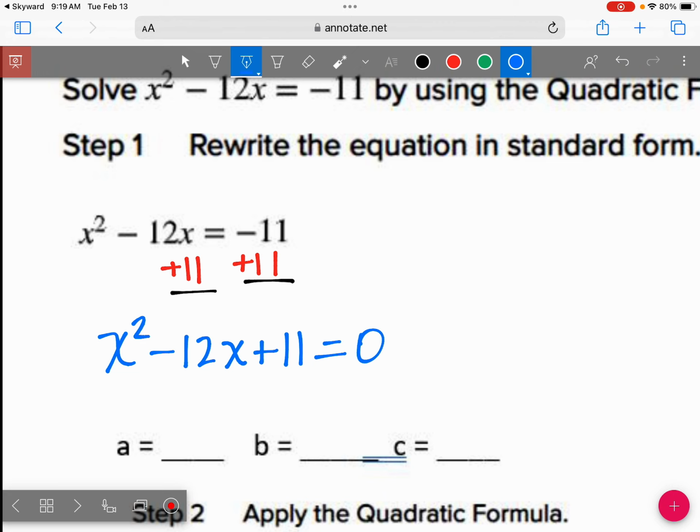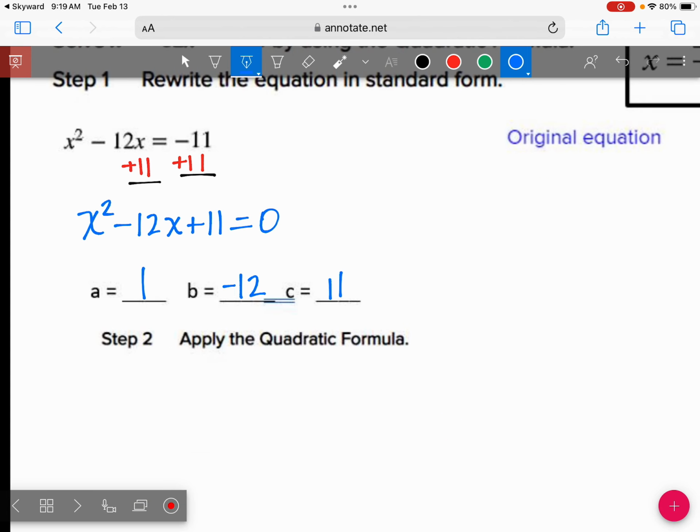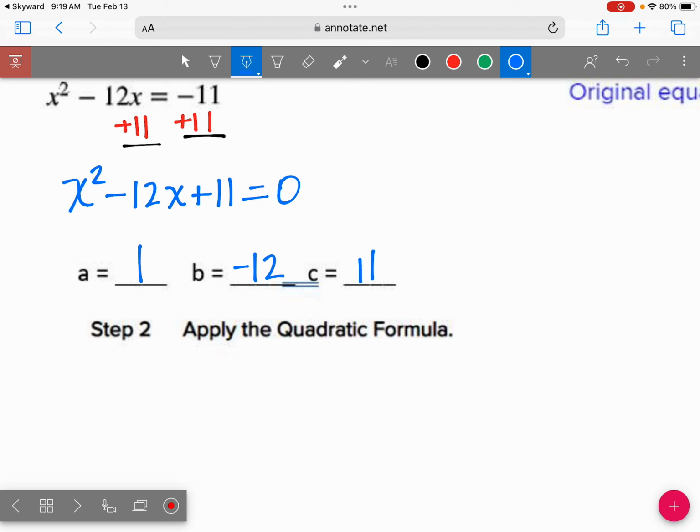What is A? What's B? -12. What's C? 11. So now let's do our quadratic formula. I want you to follow the pattern that you see on the board. I wrote it on both sides. So it's x equals